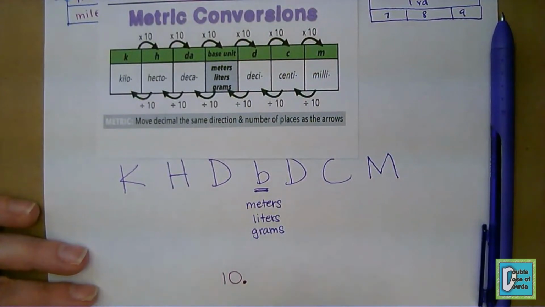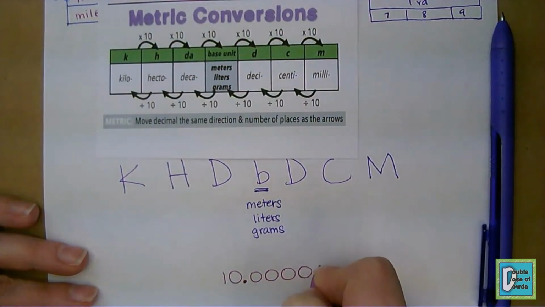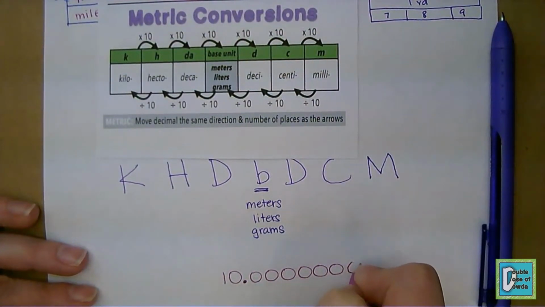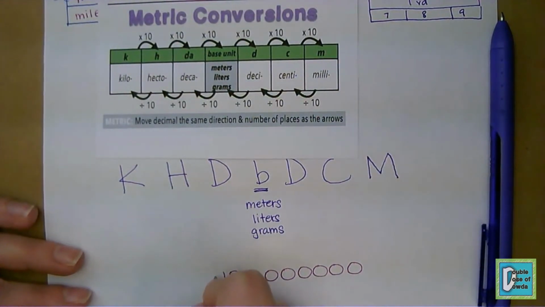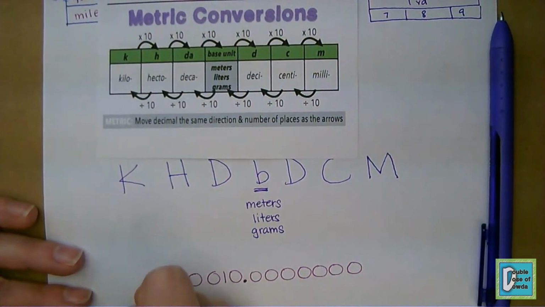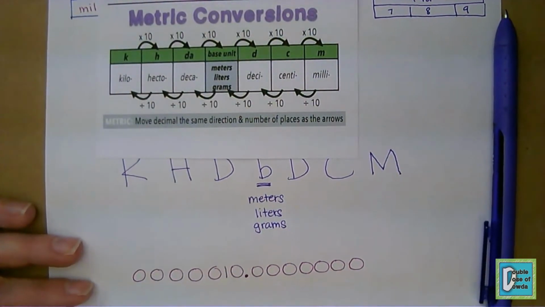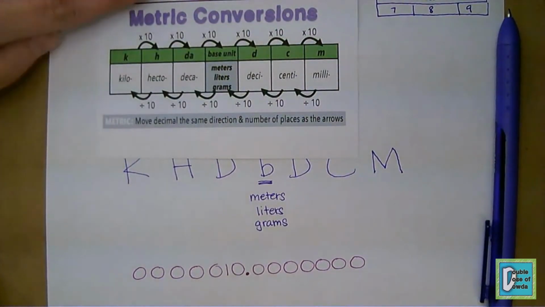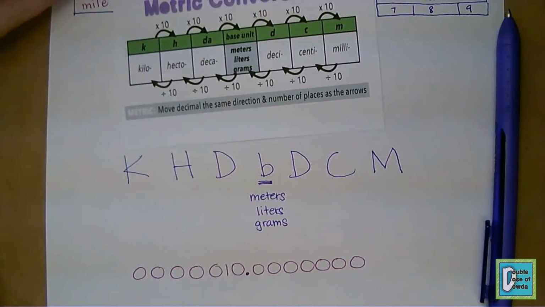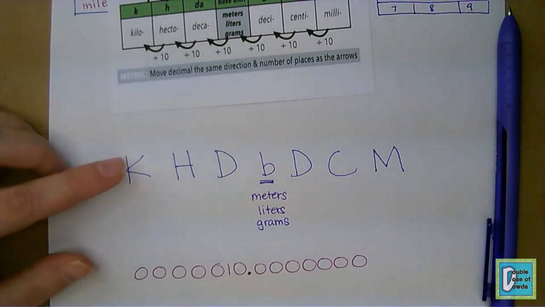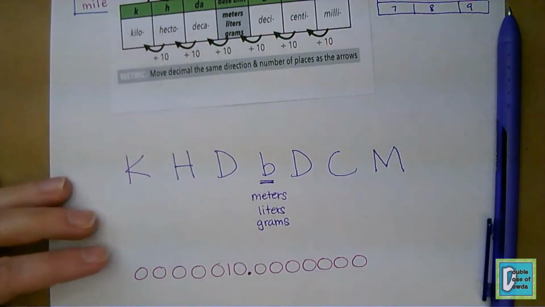In addition to placing the decimal and not changing the value, students need to know that I can put as many zeros after a decimal as I would like and not change the value. In addition, I can put as many zeros in front of my whole number, and it will not change the value either. Now, just like before, sometimes I will have students on their charts, you can see it here,